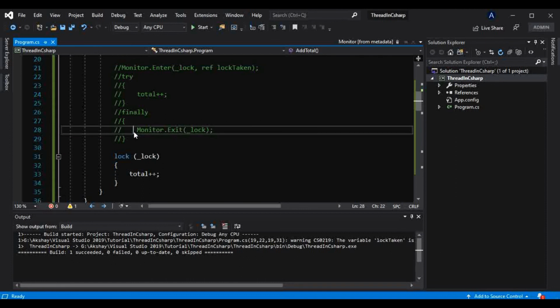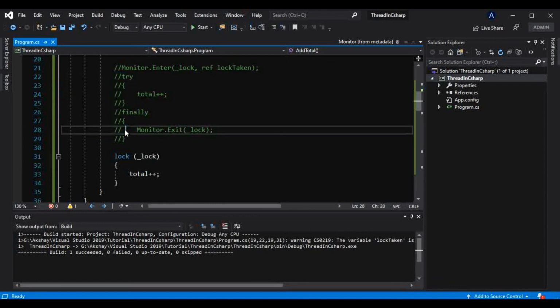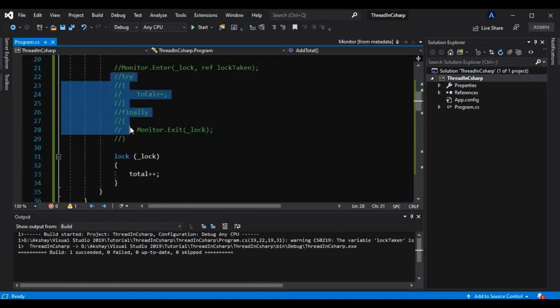So from this we can tell, and it is proved, that lock is much better in performance than monitor. But there is also a condition: unless we require any operations other than acquiring these locks for the threads, we can use lock from the performance point of view.